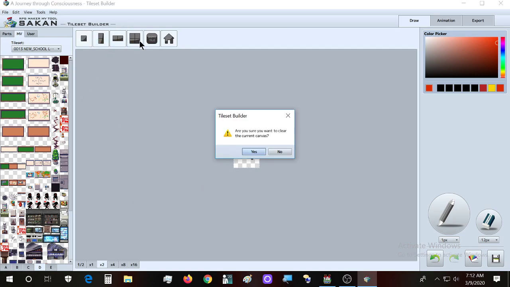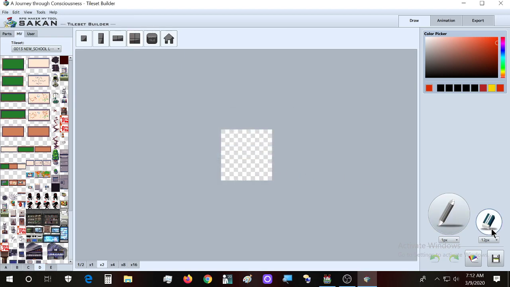Okay, now even if you have something in here, let's say you have this one, when you change it, it will actually clear the canvas. Okay, so let's say you had the picture, when you change the dimensions here, it actually makes your picture disappear. So take great care. Okay, it actually warns you, but you might not be too attentive. So these here actually allow you to have different dimensions. So this one is a 1 by 1, a 2 by 1 but vertical, 2 by 1 but horizontal, 2 by 2,